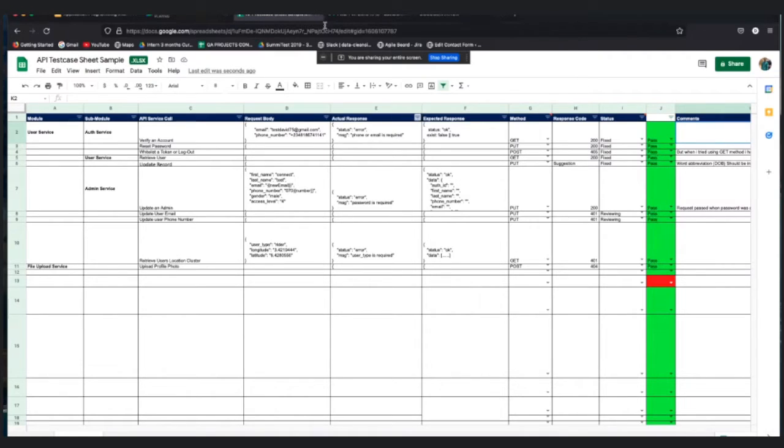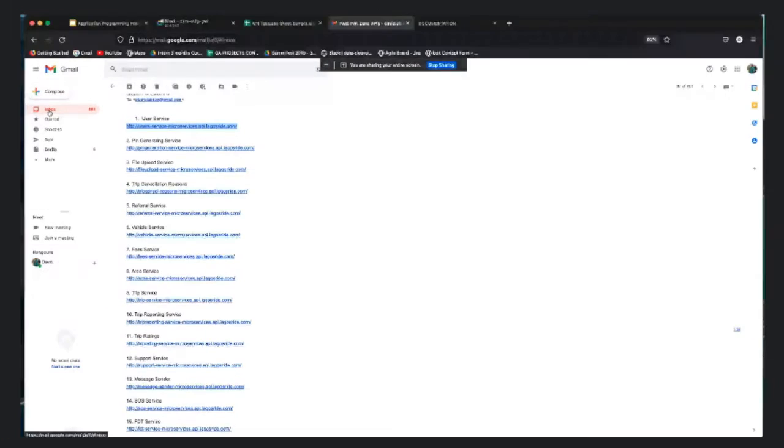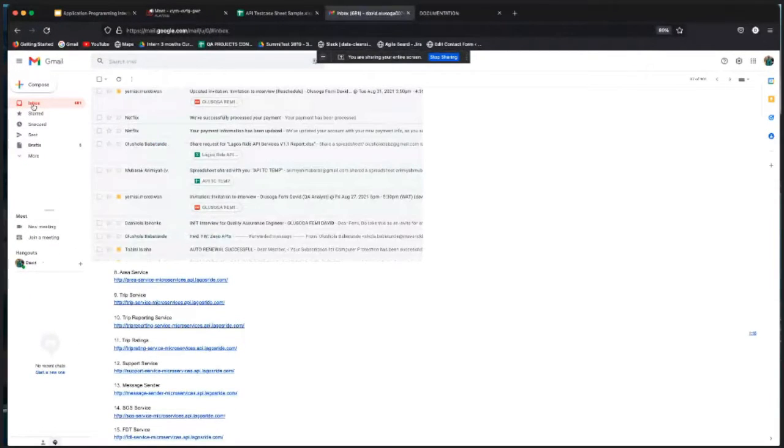So that is just a brief on how to create a collection if you are given a URL. Sometimes you might be given a link that is a JSON file for your application.